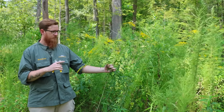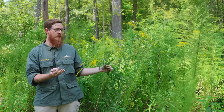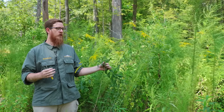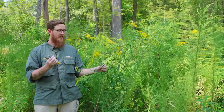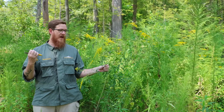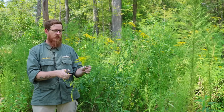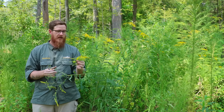And so you'll often see the recommendation to try to harvest the flowers when only some of them have opened. So you're aiming here for about 30% of the flowers being opened, which means that the other 70% are unopened, and so they're just beginning to form. They have a lot of that medicinal activity, the pollen still in them. And so what we're going to do is just clip these off,